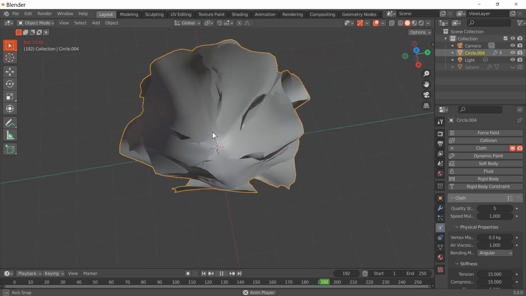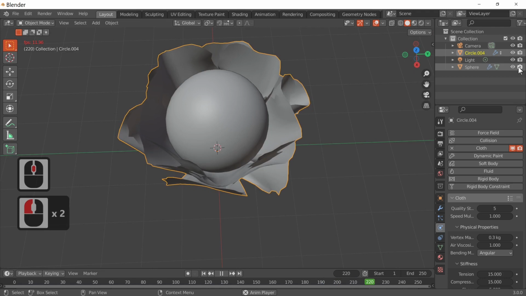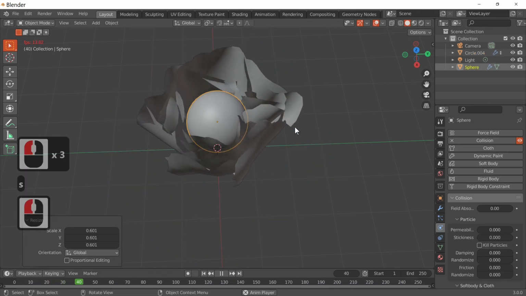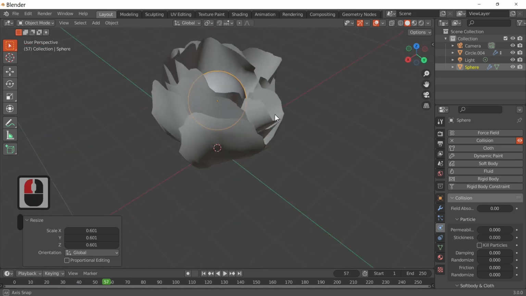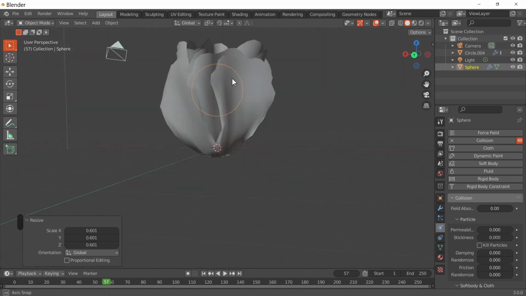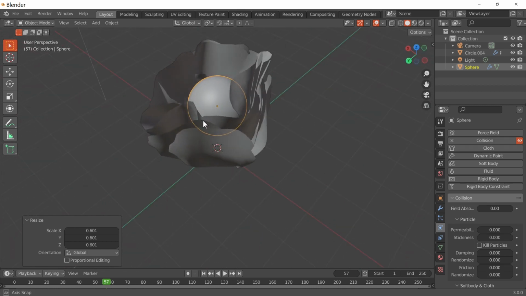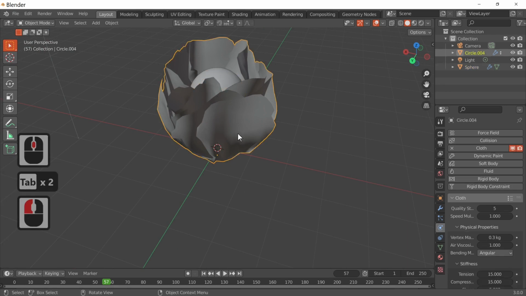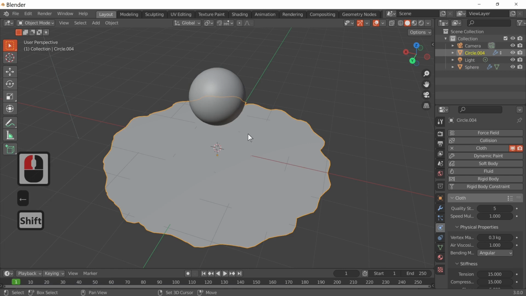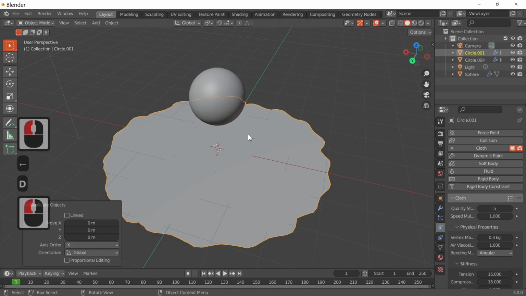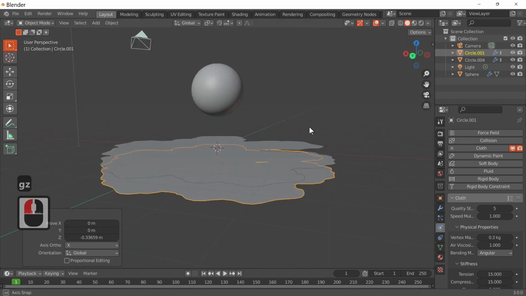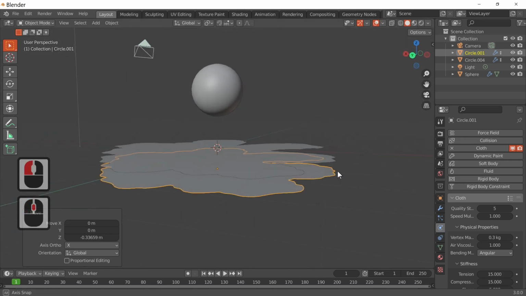And all we need to do now is make our sphere reappear, scale it down, stop it there, and we've got something that looks remarkably like a rose. And just for good effect, I'm just going to take it to the front of the animation. I'm just going to Shift and D the whole lot, G and Z just to move it down, and what I'm going to do is actually change the gravity on the ones I've just created